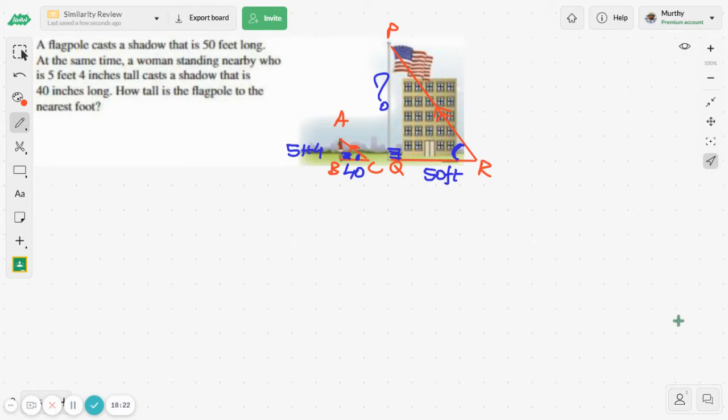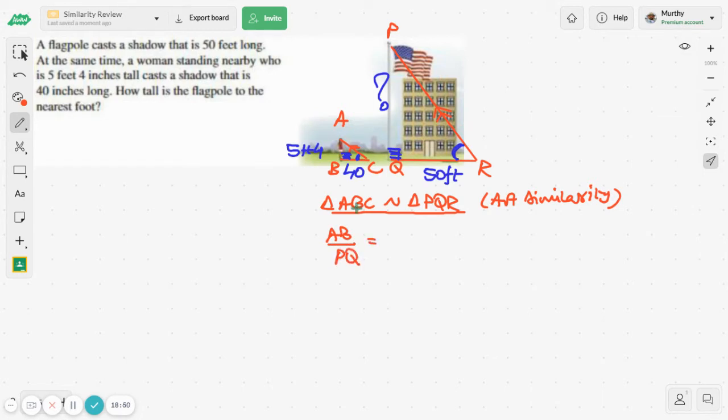So let me take triangle ABC similar to triangle PQR, by AA similarity. If these two are similar, then the corresponding sides are proportional. So let me take AB over PQ equals the horizontal line BC over QR. But I see that